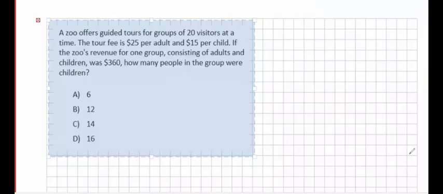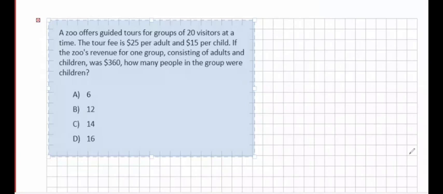In this question, we have to write a system of linear equations. The question says, a zoo offers guided tours for groups of 20 visitors at a time. The tour fee is $25 per adult and $15 per child. If the zoo's revenue from one group consisting of adults and children was $360, how many people in the group